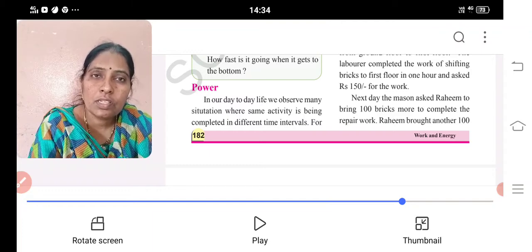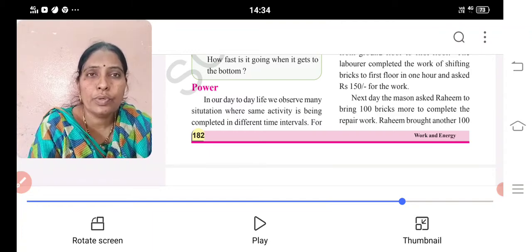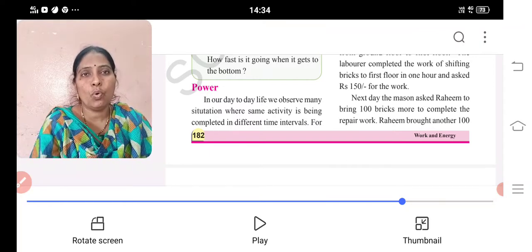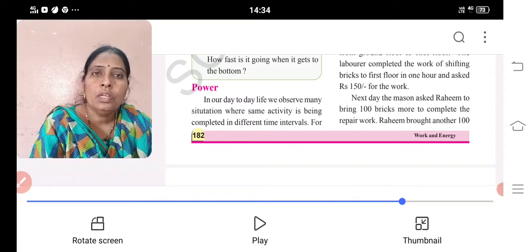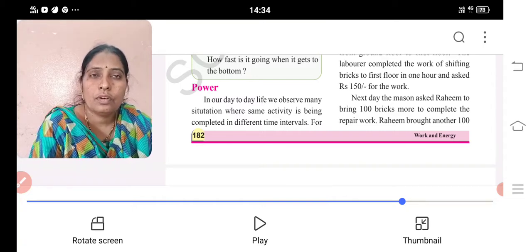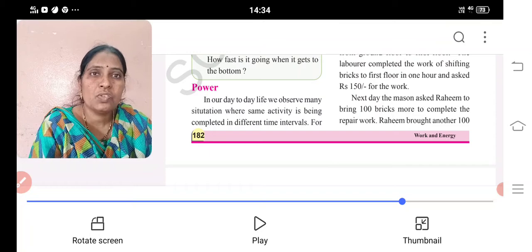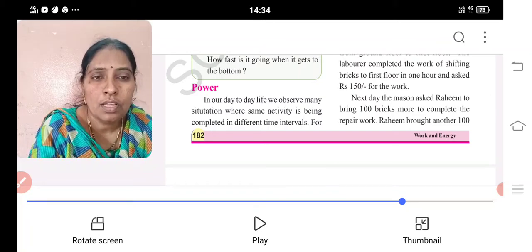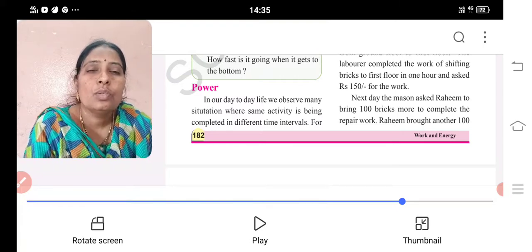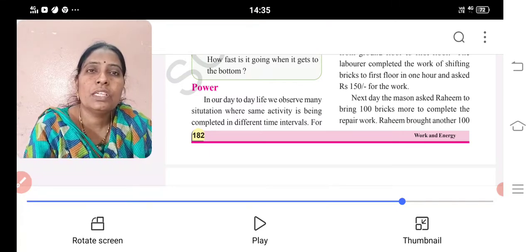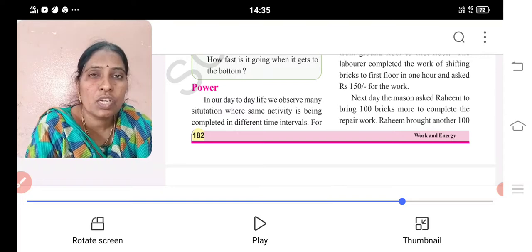Potential energy is the energy possessed by a body due to its position or shape. For example, just take a bow and arrow. When the arrow rests on a bow, it does not do any work. When the bow is stretched, it automatically does work. So this shows that when the shape of that object is changed, work is done. So the energy possessed by that object due to its shape is said to be